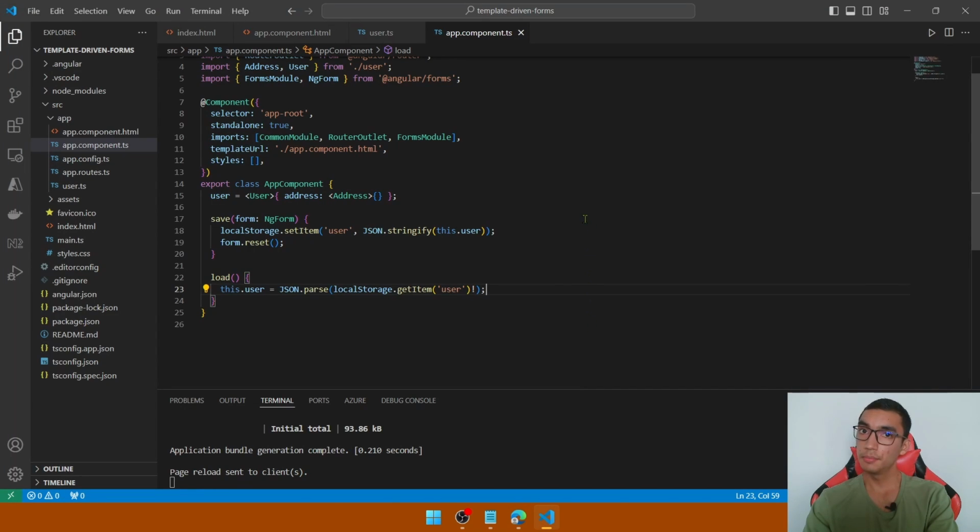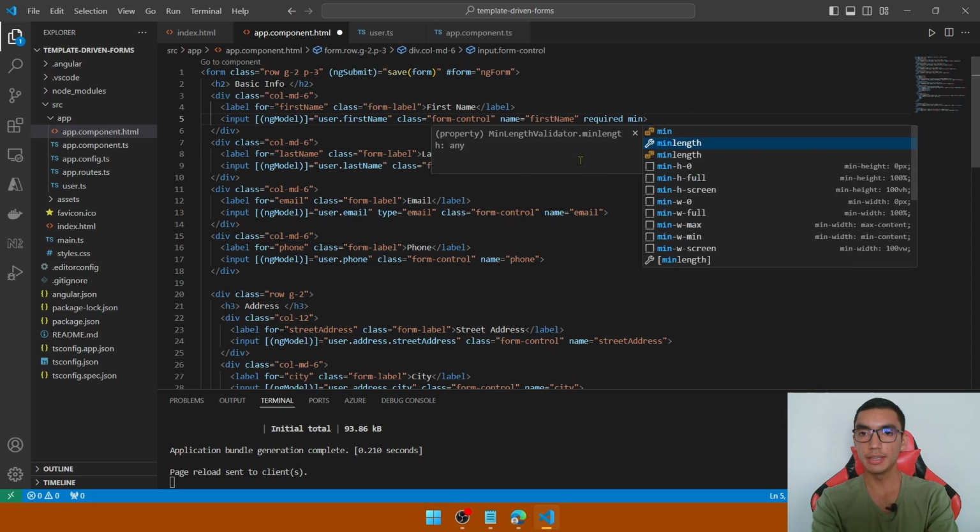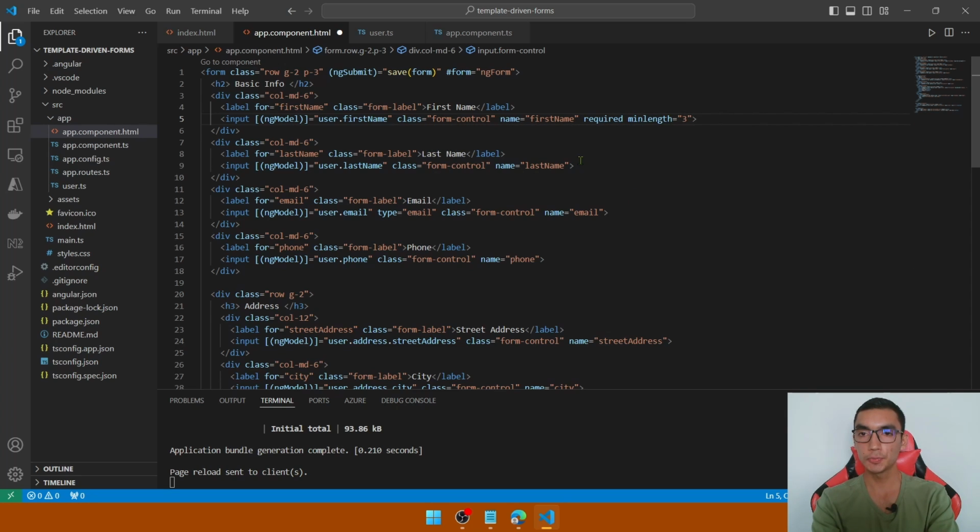Finally, let's add some built-in validators to the HTML form. So scroll up and add the required built-in validator to the first name. Add a min length validator of 3 characters. We'll add a simple Bootstrap invalid class to show to the user that the field is invalid. So how to do that? Add a reference to this form control by defining a template variable and use the